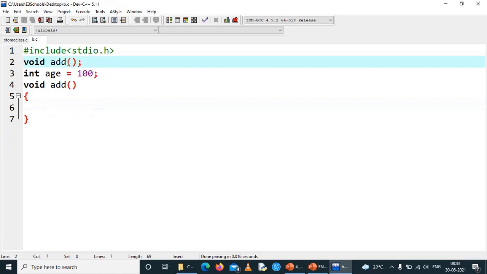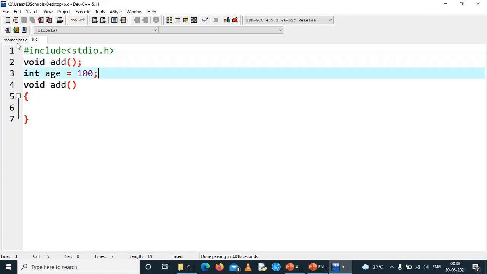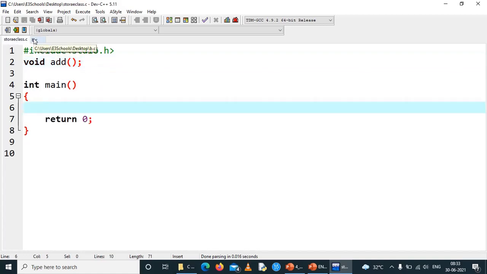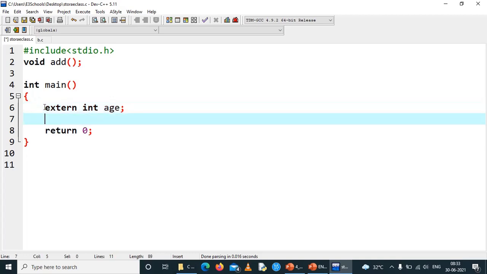So we have a global variable in b.c, and we will be trying to access the global variable age from the storage class file. So see how to access that global variable. Extern keyword int age. I have just declared it and I have not assigned any value, so note this point.